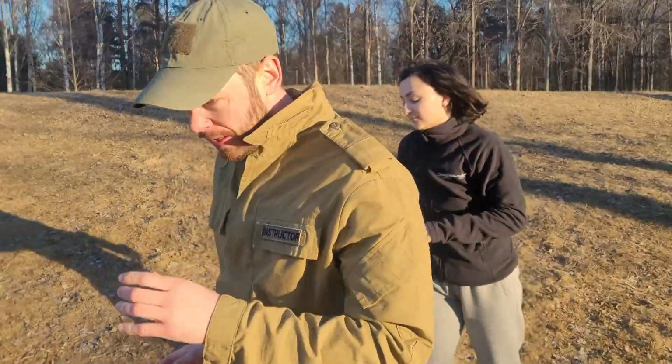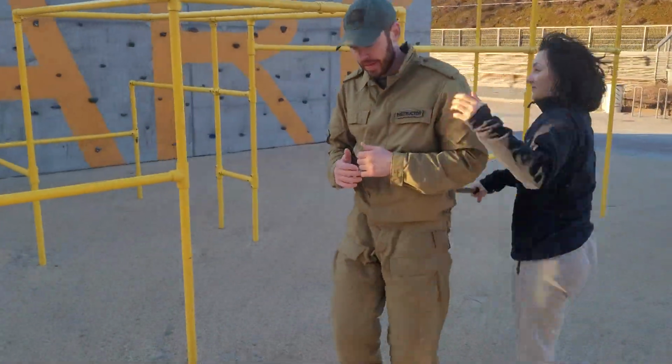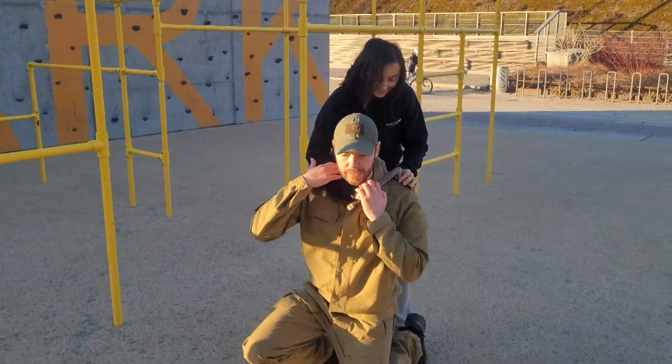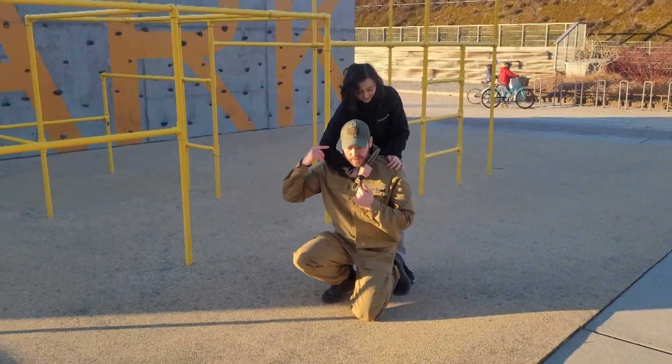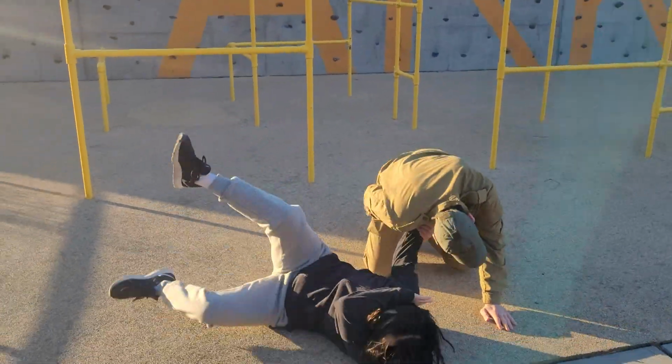If you go to the mats, I'm going to go down on my knees, because it's much easier and less harmful for my opponent. I do the same. I pull, and I'm going to rotate, which is going to